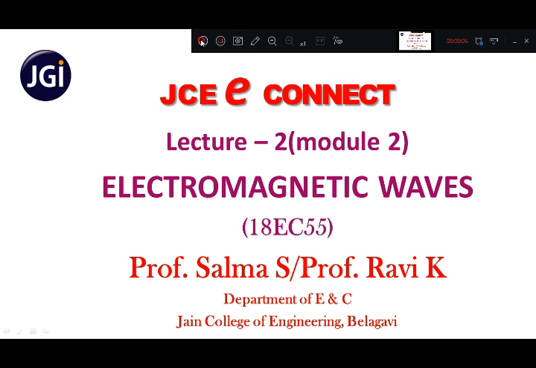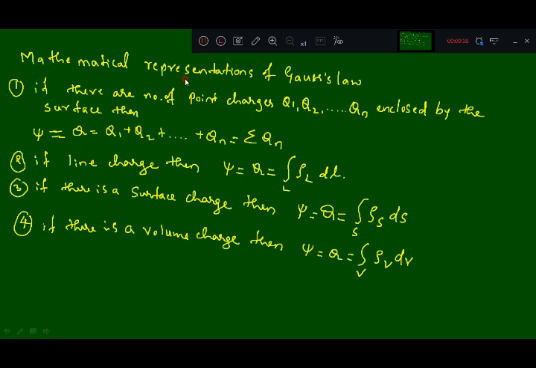So today we are going to see the next part of Gauss law. Some of the mathematical representations of Gauss law are as below. If there are n number of point charges q1, q2 up to qn enclosed by a surface, then the total flux phi is equal to Q, which is equal to q1 plus q2 plus up to qn,